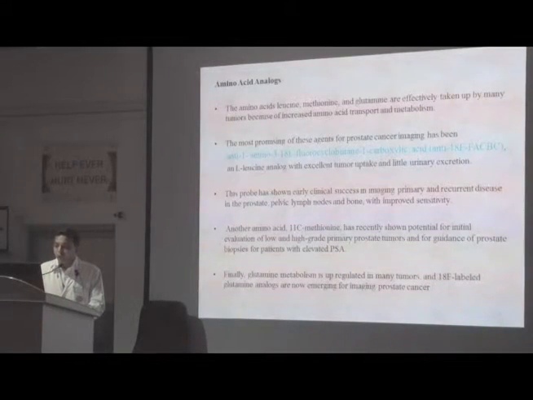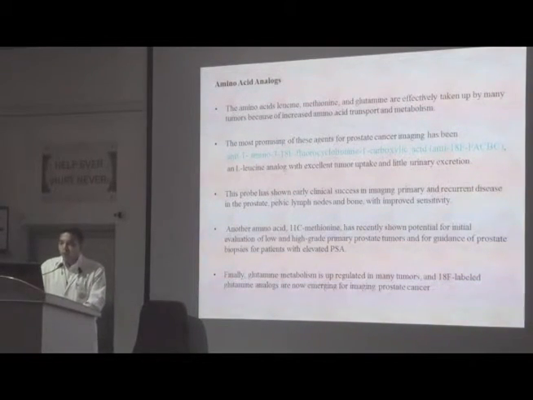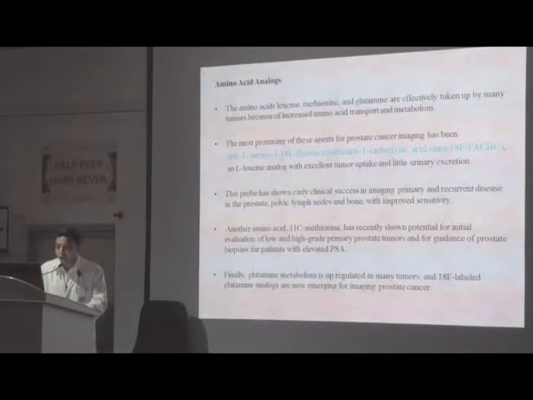Here the amino acid analogs, amino acids like leucine, methionine and glutamine, are effectively taken up by the tumor because of the increased amino acid transport and metabolism. Here the amino acid analog is anti-18F FACBC. This probe showed early clinical success in imaging primary and recurrent disease in the prostate, pelvic lymph nodes and bone